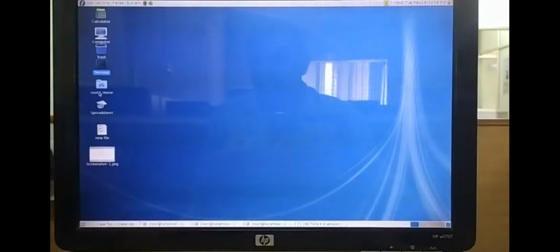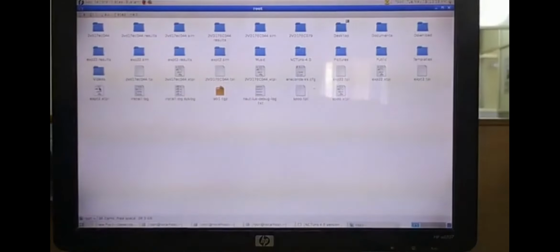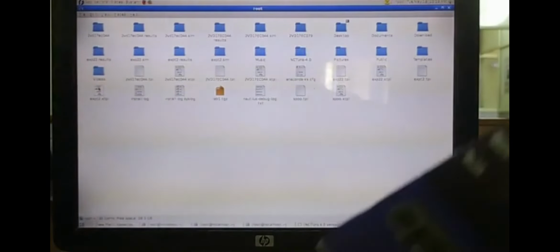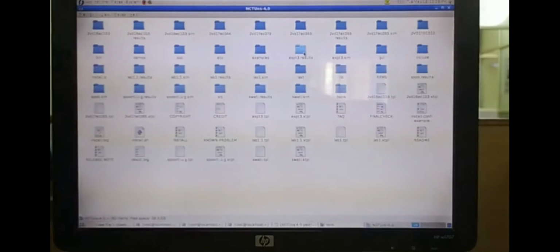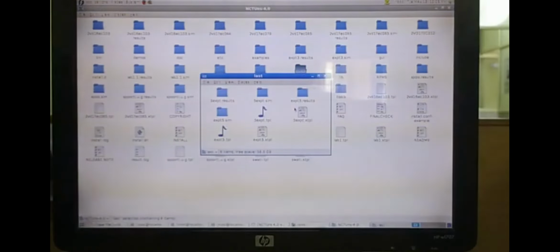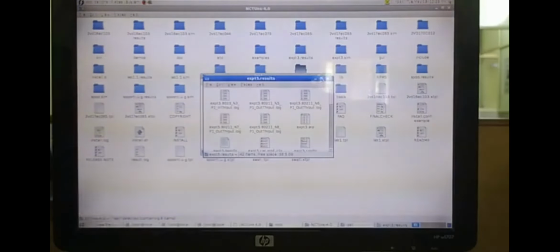And we know where the result will be stored. I'll go to root's home. In the root's home, my folder will be there in NCTUNS 4.0. In that I created a folder called last, and in this I stored this experiment as experiment number 5 and results.